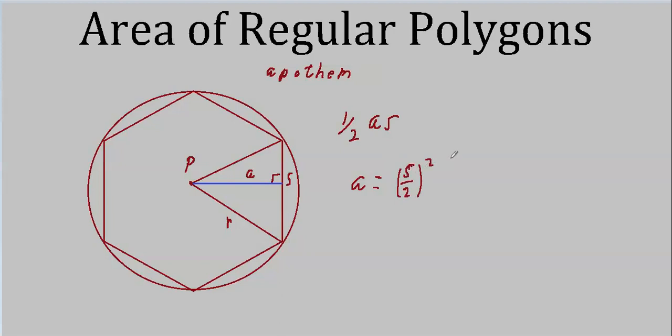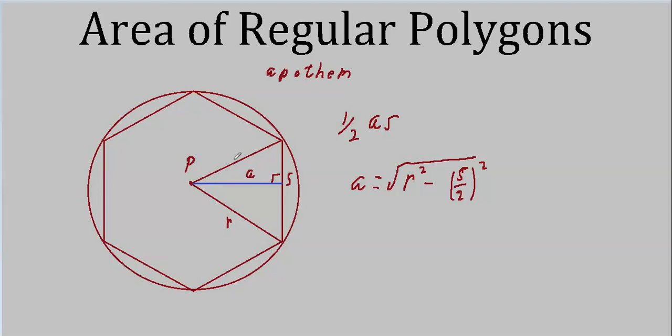This leg here from Pythagoras would of course be the square root of r squared minus s over 2 squared. We just want this half of the base this time. So we could do that to find the apothem. There are other times when you can figure out this angle pretty easy. Well, actually you can always figure out this angle pretty easy, similar to what we've done other times.